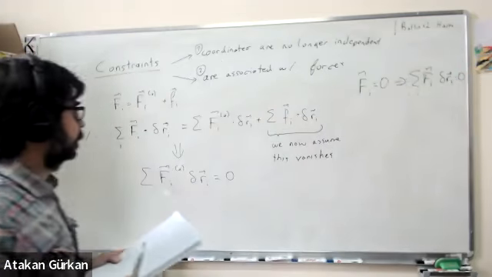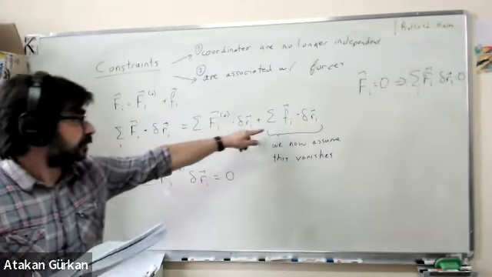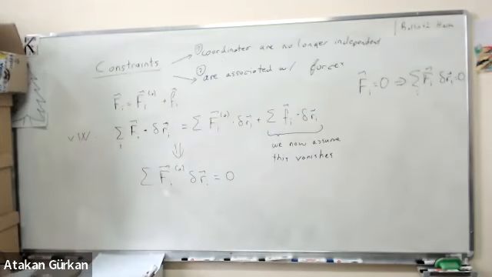This is of course trivial, but then if this part is zero, then the other part must also be zero. This is perhaps very trivial, but it is valid only for a special class of systems. Now I'm going to take